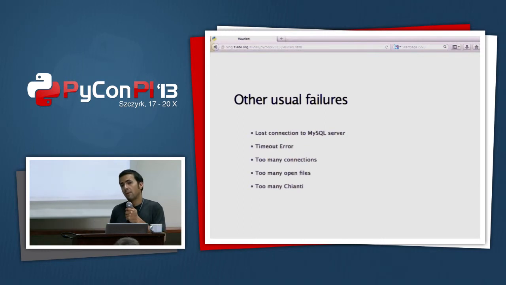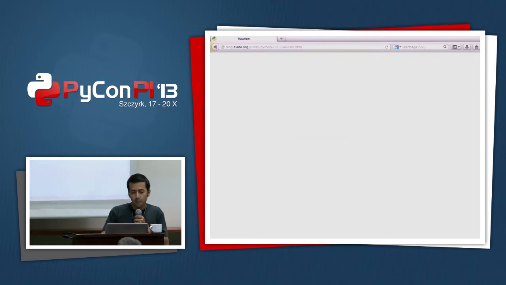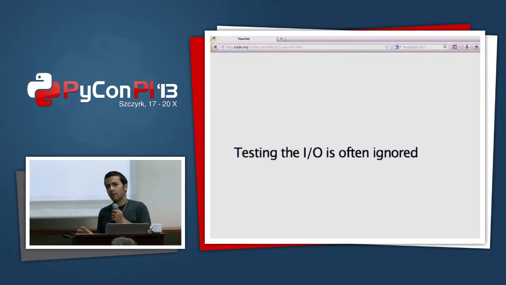So what happens in your application when this happens? Is your application handling this case properly? Once the server is back to life, the backend server is working again, is your application working again? Stuff like that. So testing all the input-output of your web application with all the backends is something people don't do.